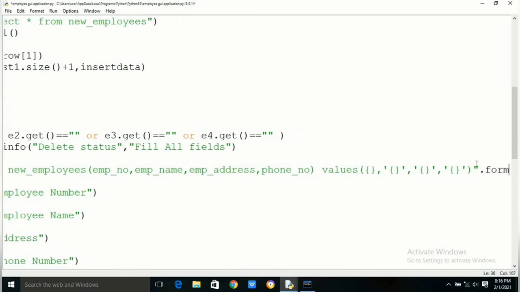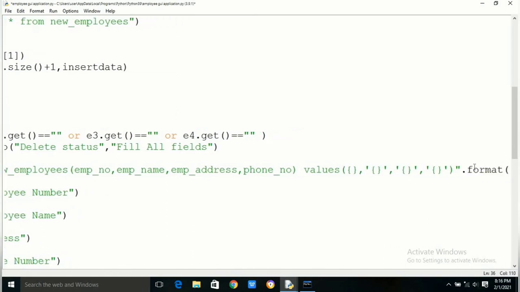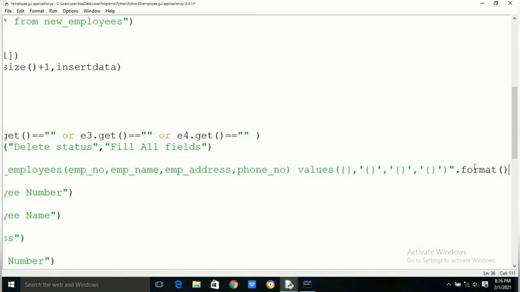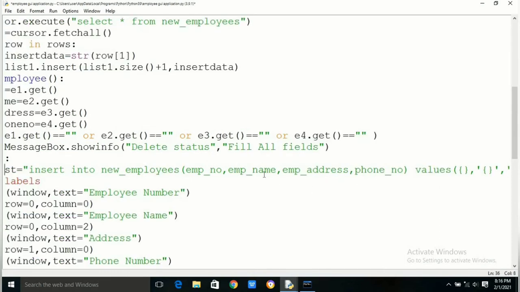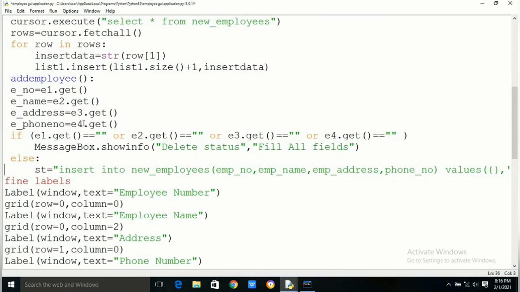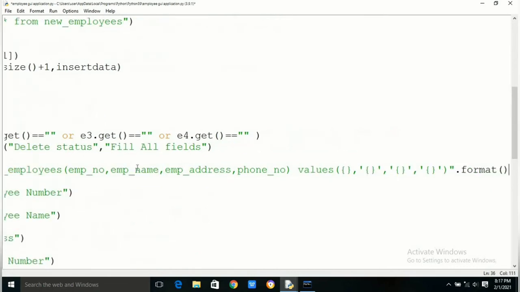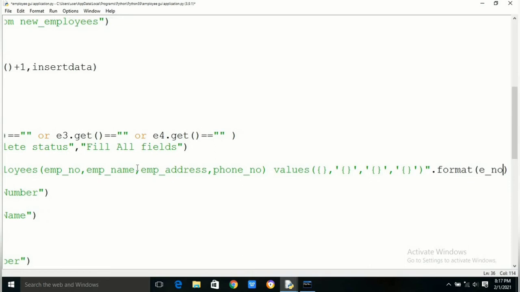We have to write double quote. After that we write dot format and all the variable names. The variable names are e-number, e-name, e-address and e-phone number. Now our insert query is ready.